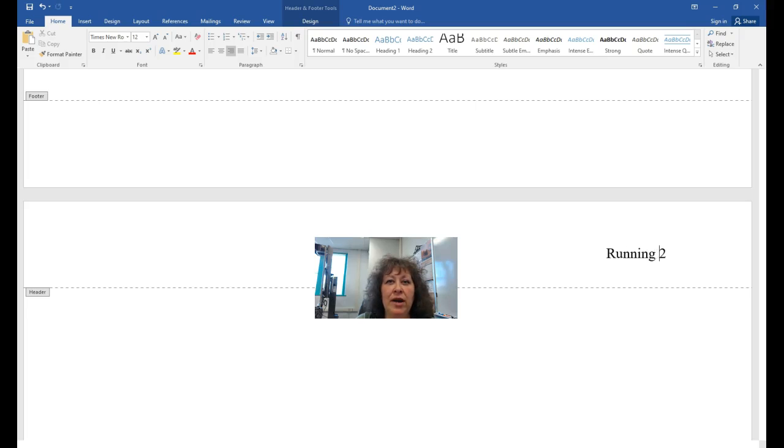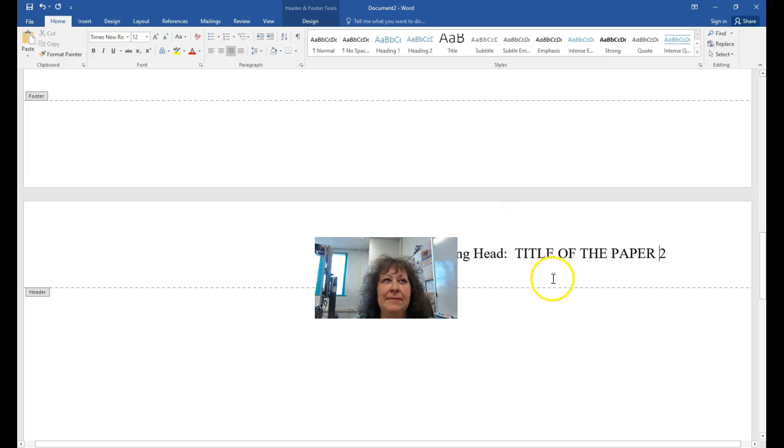So I put running, and the key is to keep it smack dab against the number. So you put running head, a colon, this is for APA, 2 spaces, and then the title of the paper, and it's always in all caps for APA, title of the paper. Now, something that I want you to note is that if you are in APA,